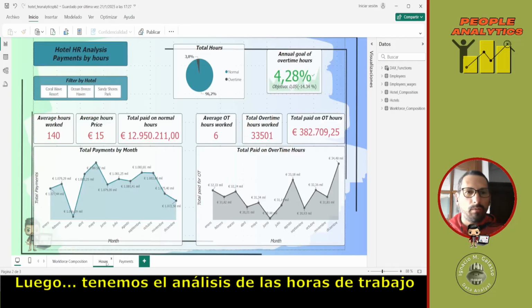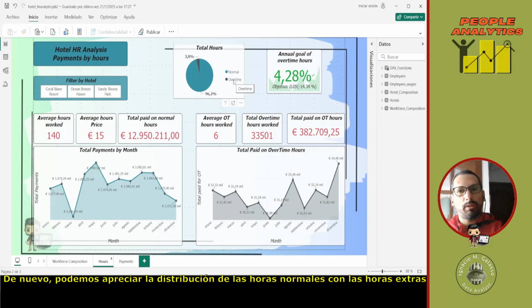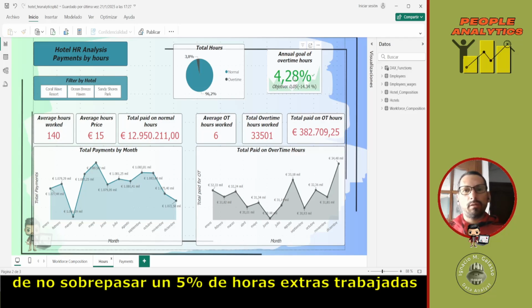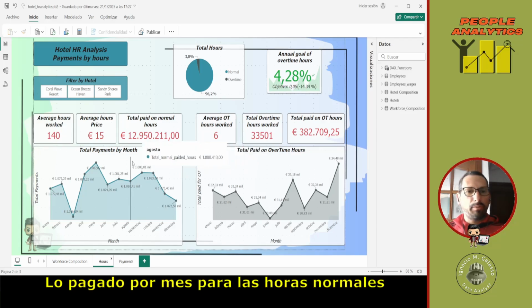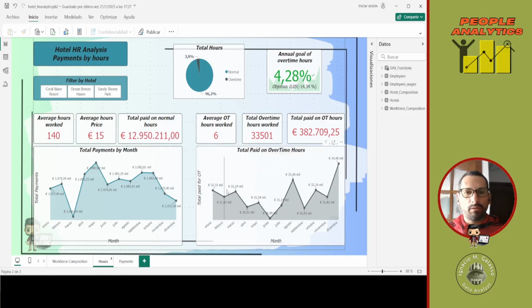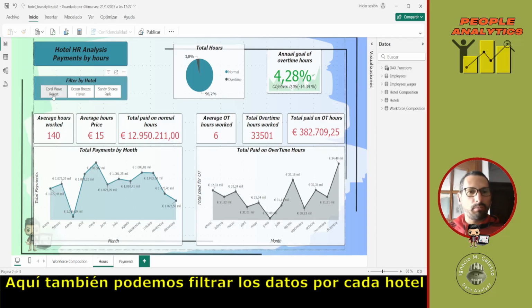Then we have the analysis of the hours, again, the distribution of normal hours by overtime hours. If we establish a goal not to pass 5% of the overtime hours over the year, we are below it. Total payments by month for the normal hours and the total paid for the overtime hours. The two charts are the same as the ones we have in Python, and also we can filter the data by hotel,